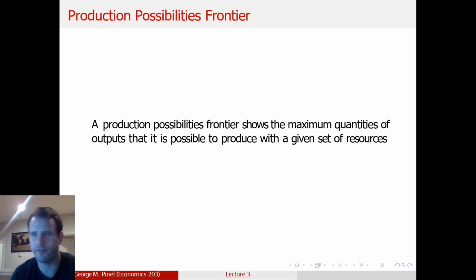So here's the formal definition. A production possibilities frontier shows the maximum quantities of outputs that it is possible to produce with a given set of resources. Okay. This will probably make more sense when we dive in an example, but basically you have a given set of resources. It could be money, it could be raw material, it could be time. So I have a given number of